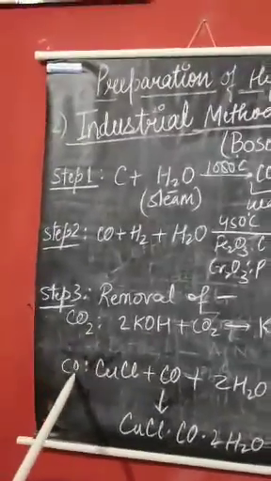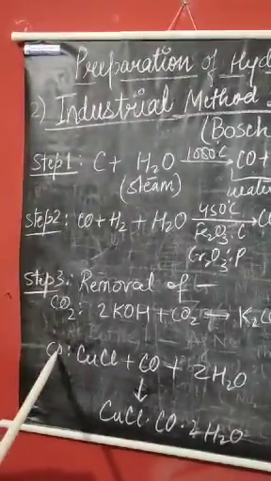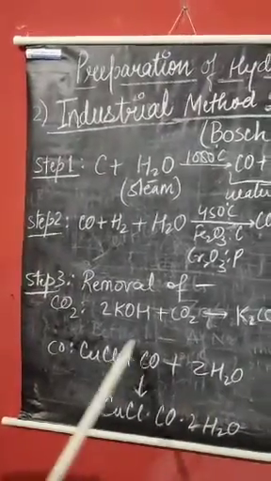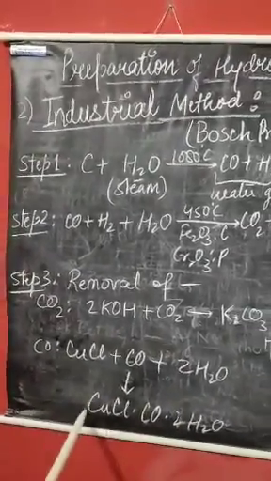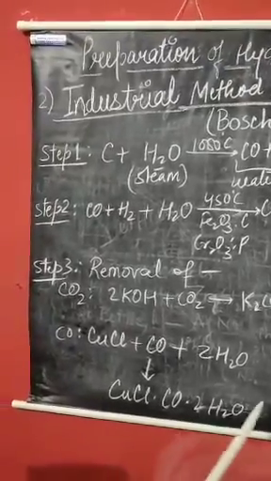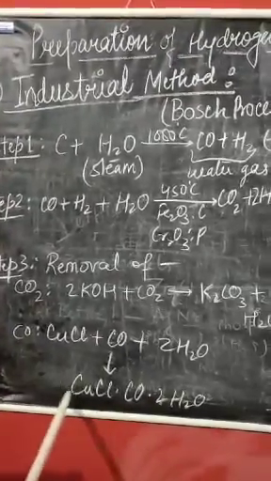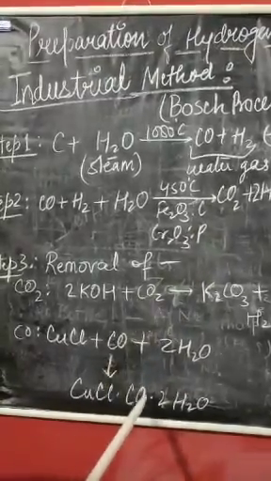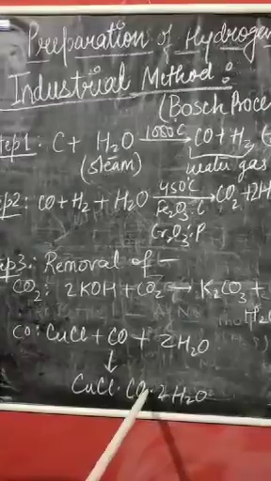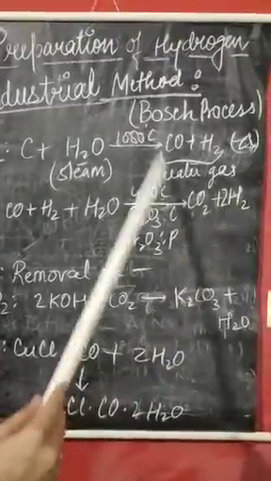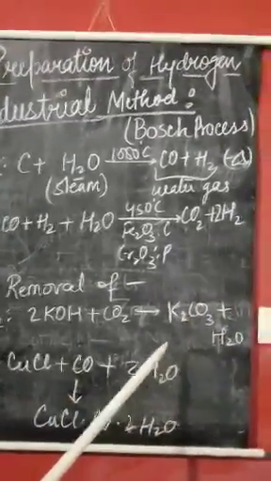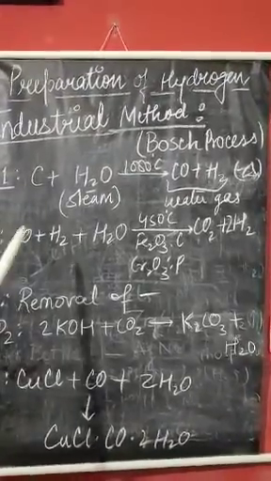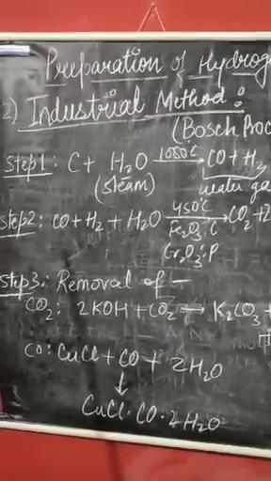And then in this third step, second will be the removal of carbon monoxide, where there will be a complex compound, that is ammoniacal cuprous chloride solution, which will react, and there is a formation of this compound. Further, this carbon dioxide and carbon monoxide will be removed in the form of impurity, and we will get the pure hydrogen, which will be further collected into different cylinders for further usage.